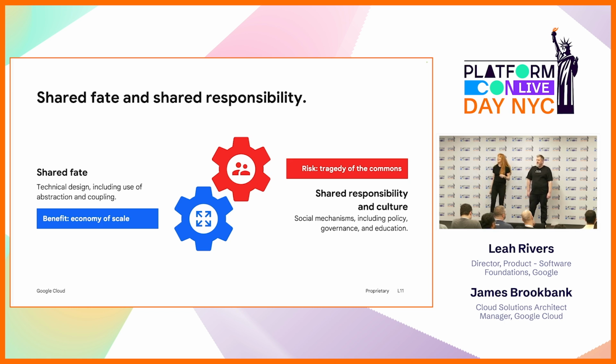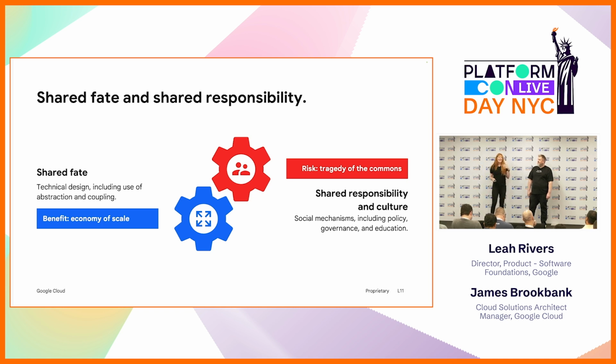Early in my time at Google, I asked the question, how do you define an ecosystem? And one engineer that had been there quite a while, just off the cuff, said, an ecosystem is anything with economies of scale and tragedy of the commons. That really stuck with me. That was really on point.